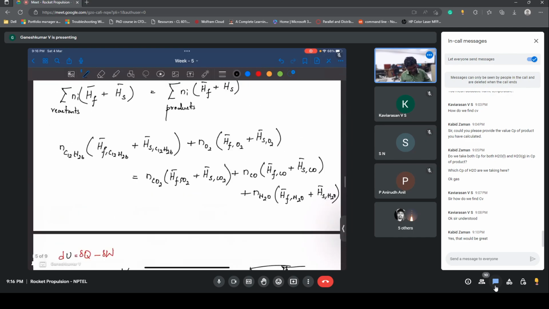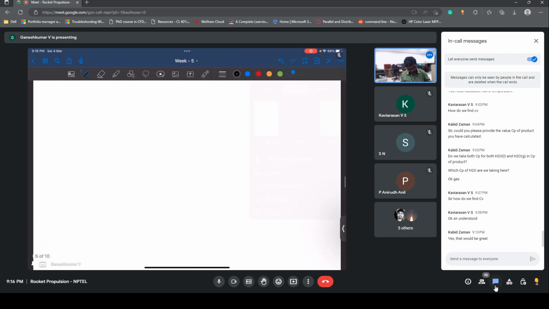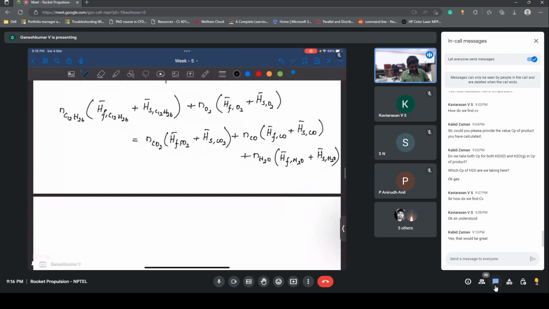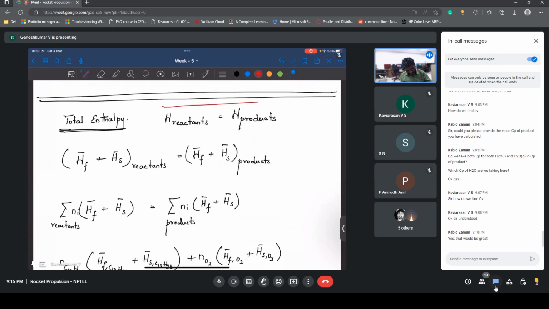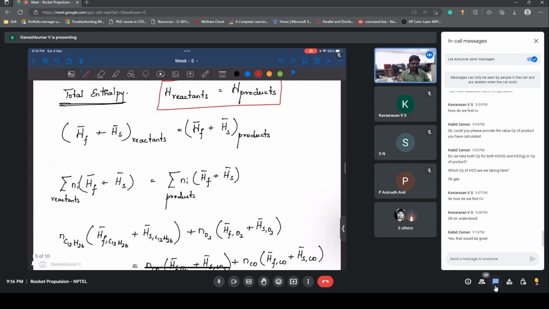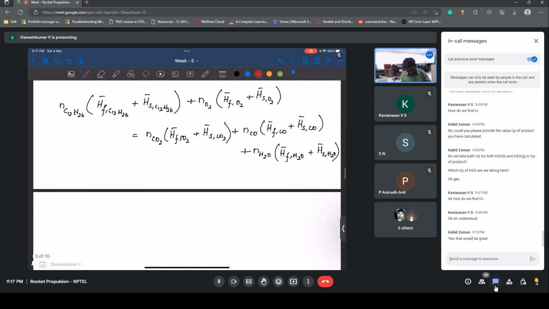Now that's all. This is the equation you need to solve. In fact, this is the only equation you need to solve in order to get the temperature, and I'm just expressing in terms of formation and sensible. Okay, so let me go ahead one step further. N of C12H26, which we already know, 1 times HF of C12H26, which is given, right, plus